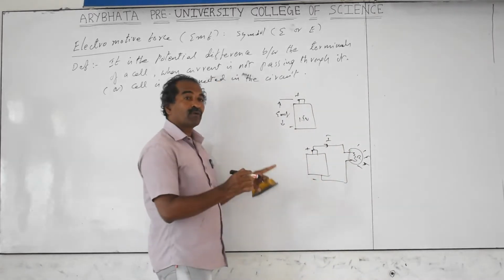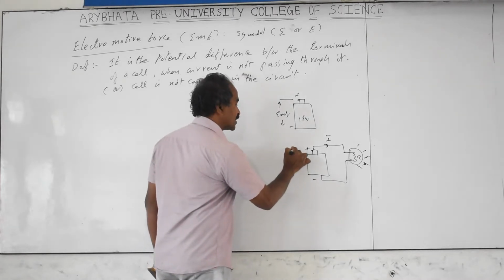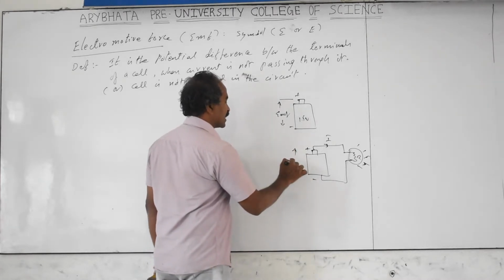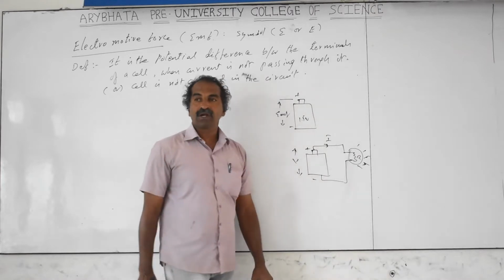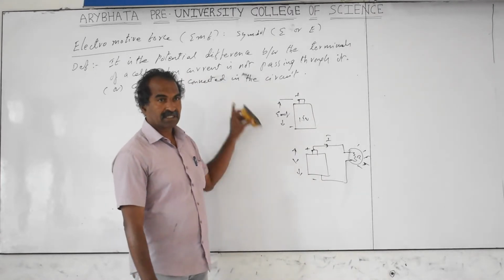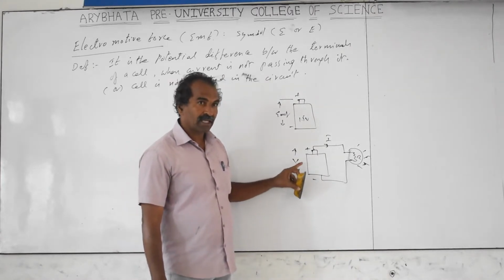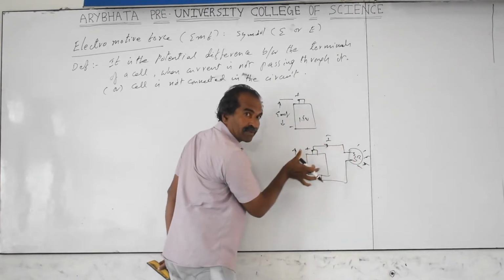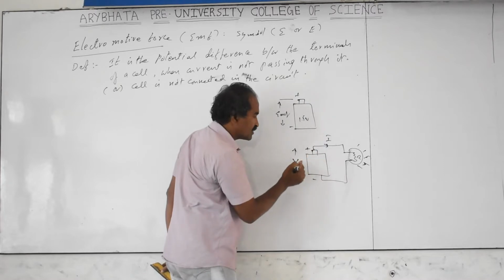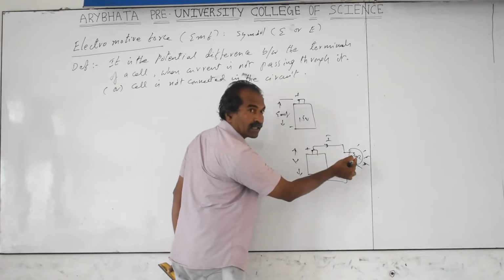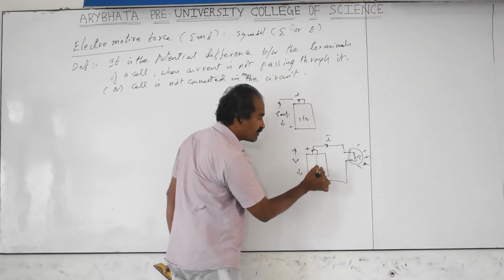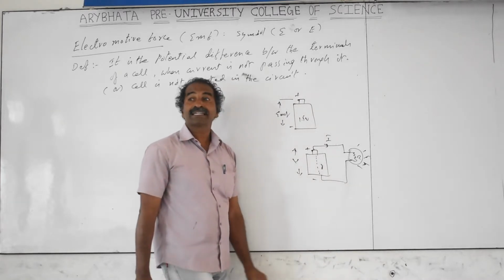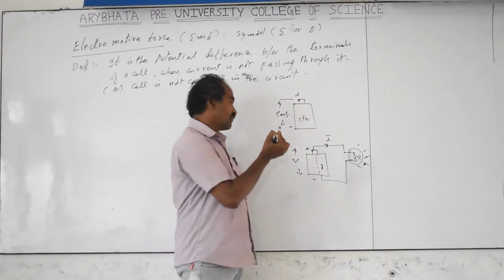Now if you take a voltmeter and measure across this, what you measure is not EMF. You measure the potential difference across this, which is called the terminal potential difference. You won't get EMF. Why? The voltage you are measuring is across this, the voltage across R also. Both are in parallel now, and parallel voltage is the same. So V is supposed to be equal to I into R. But one more thing is inside. What is that? Internal resistance. We don't see the internal resistance.